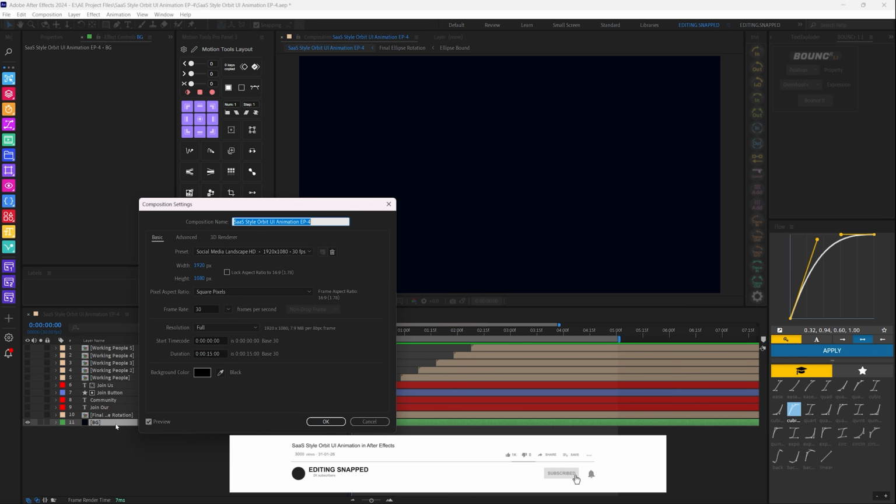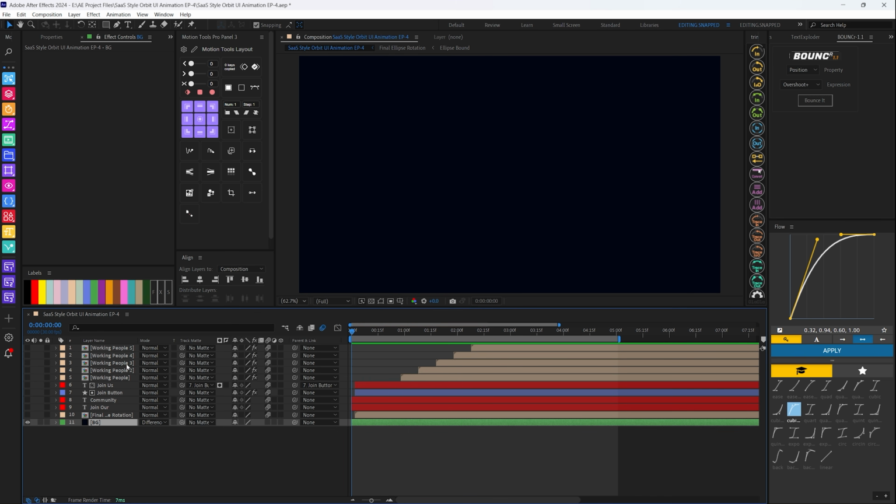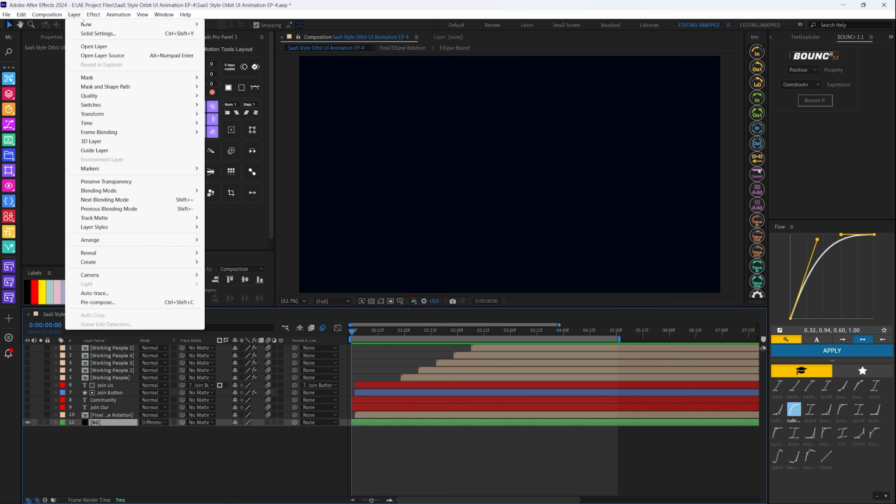Hit Ctrl K to open the composition settings, and you can see the preset is set to landscape 1920 by 1080 with a frame rate of 30 frames per second, the duration set to 15 seconds, and the background color set to all black. Okay, hit OK. Now for the solid layer, I have added a black solid layer, and not a pure black solid,